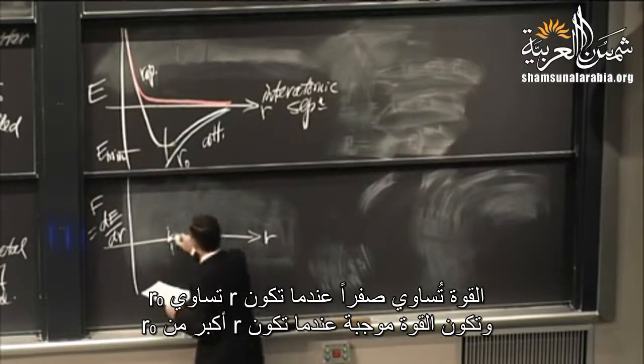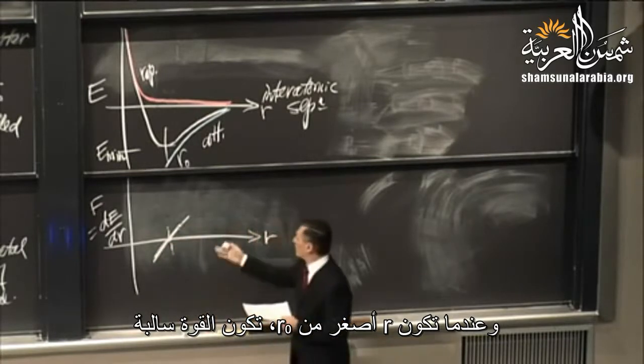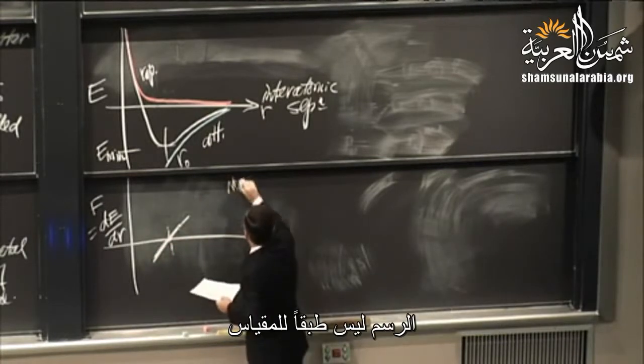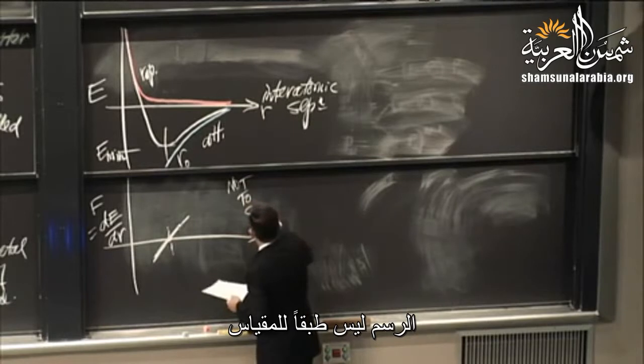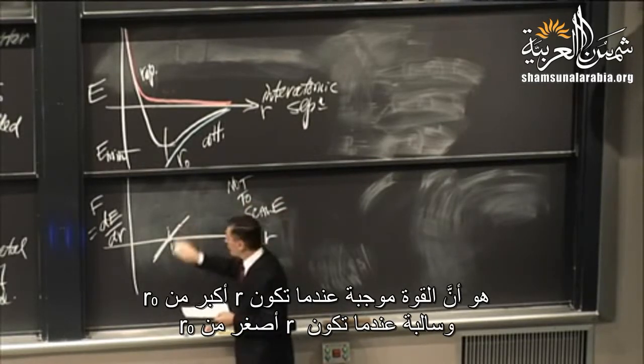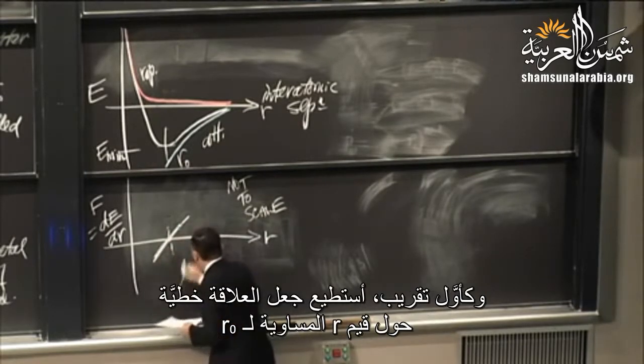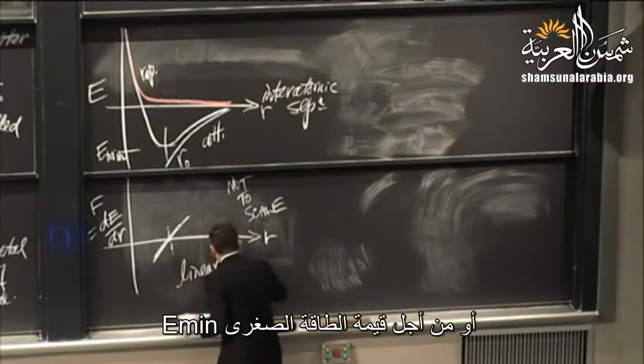And above r equals r naught, it's positive. And below r equals r naught, it's negative. Now, not to scale. But one thing is certain. It is positive above r equals r naught, negative below r equals r naught. And to a first approximation, I can linearize about r equals r naught,